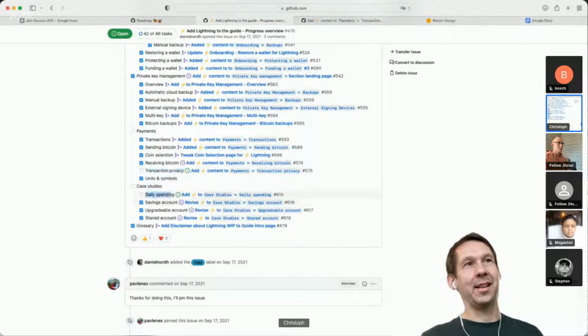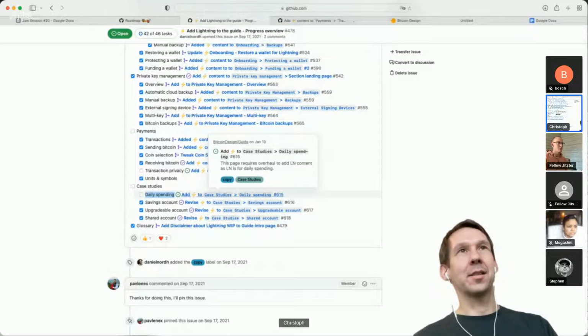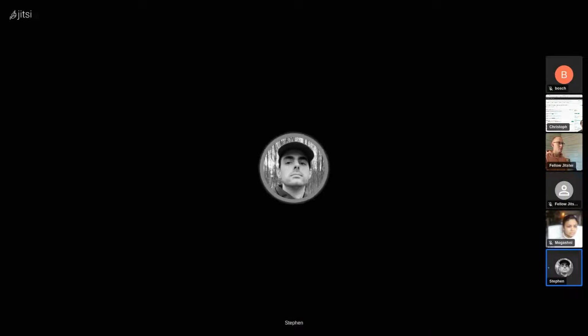Okay, the next one is the daily spending, and Stephen, that's one you're working on, right? Yeah, absolutely. I'll go ahead and paste some links into the chat. The first link is to the pull request itself. The next is a link to the deploy preview, so you can see it in the browser. Then the other link, because I'm on a link-pasting frenzy here, is the link to the existing one as it already is on the guide,